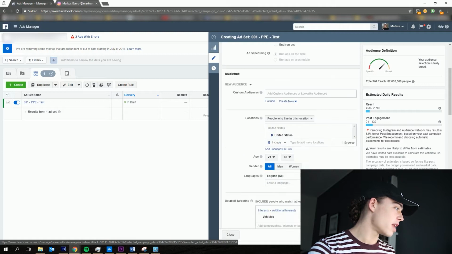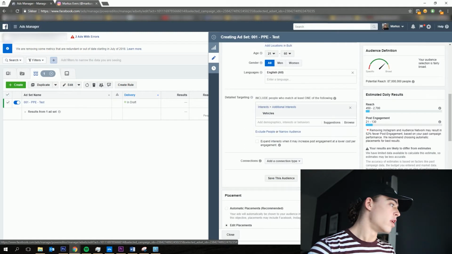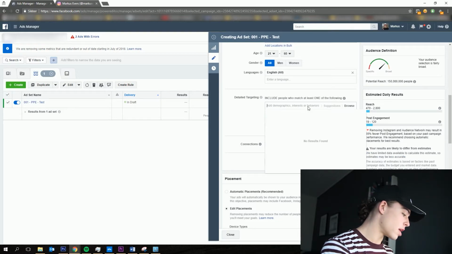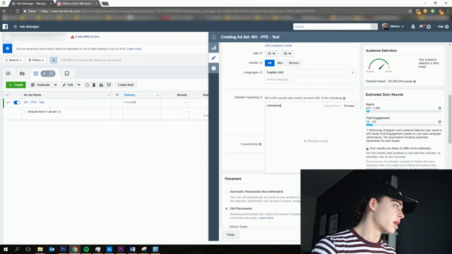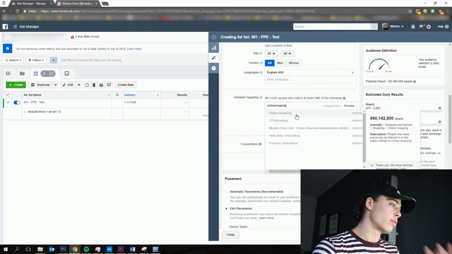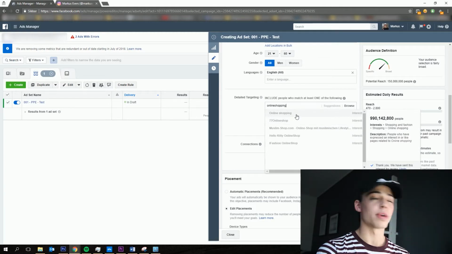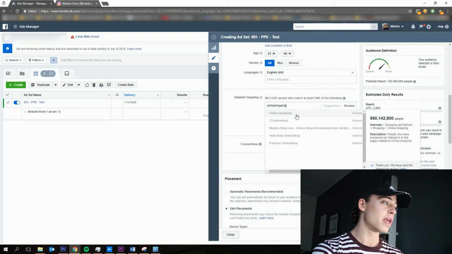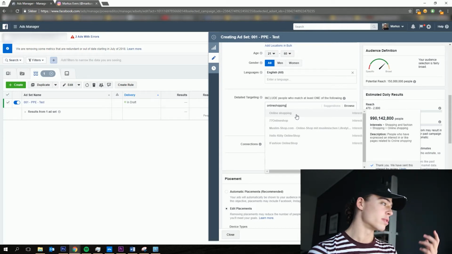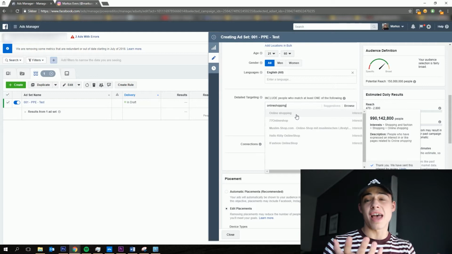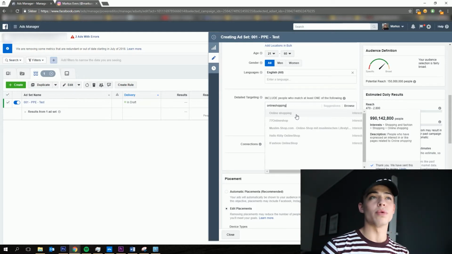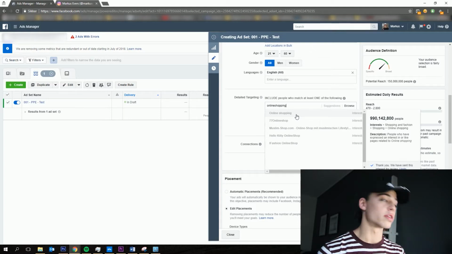So the first one that I nearly always use, like in 99% of all cases, when I am narrowing down my audience, I will always say online shopping, because those are people who have shown an interest in online shopping in general. As you can see, you've got 990 million people in the audience group, which is a lot of people, because a lot of people have shown interest in online shopping. But you don't want people who, maybe, don't have a credit card, so they won't